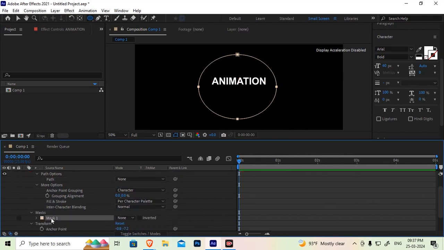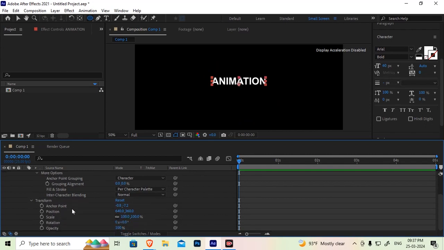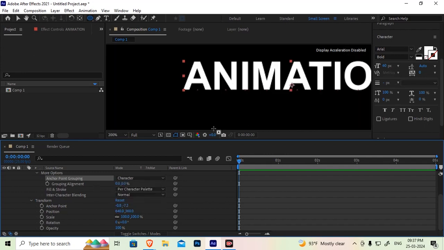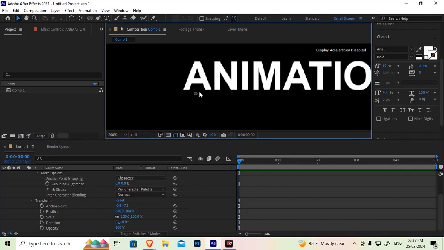And select the mask 1 and delete. Coming to the more options. See, here we have the anchor point grouping, character, word, line, and all options. Yes, sir. If you select this and if you check here, see, every letter is selected with a down